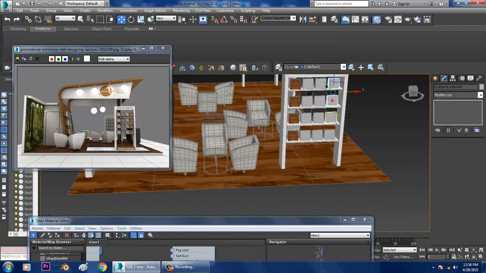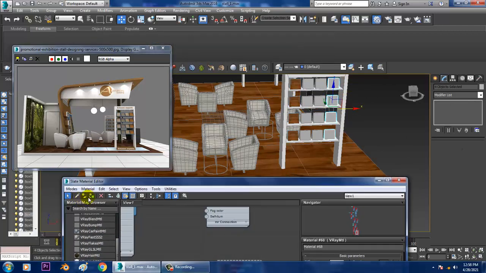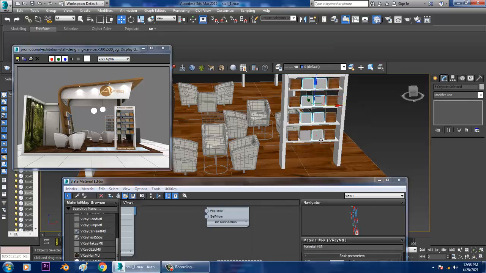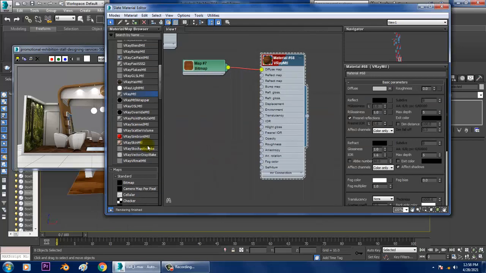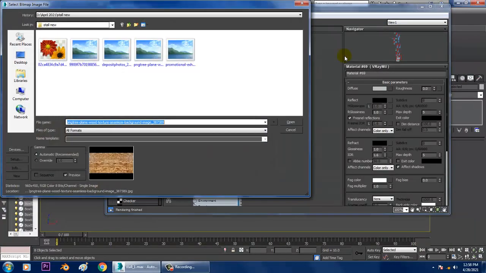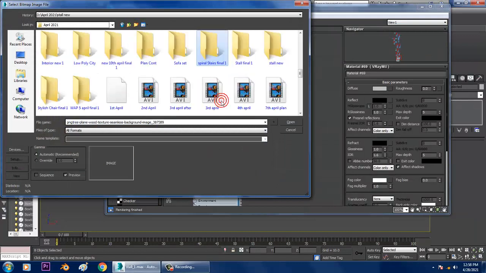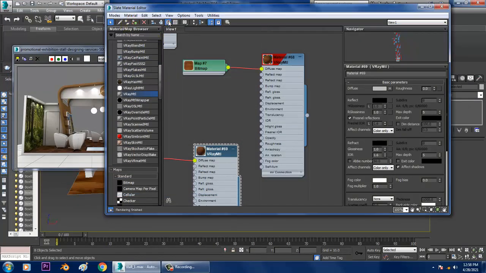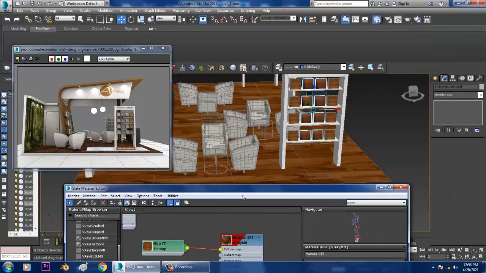So select this, assign the same, again take a V-Ray material, again take a bitmap, I'll go back, I'll just assign a texture over here. So just assign a texture over here.